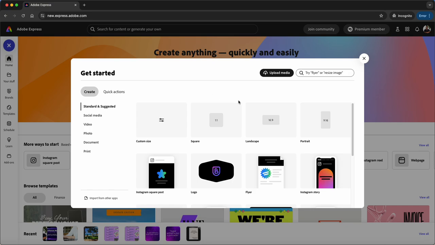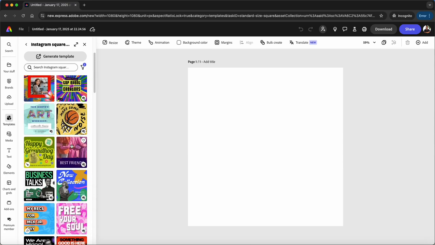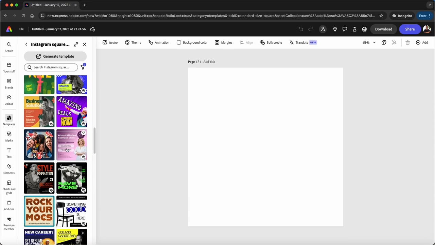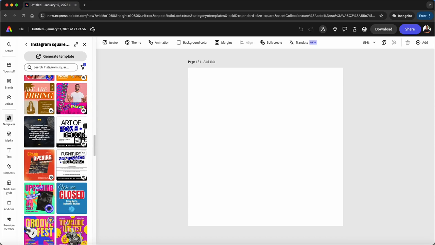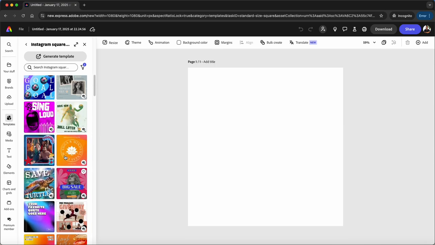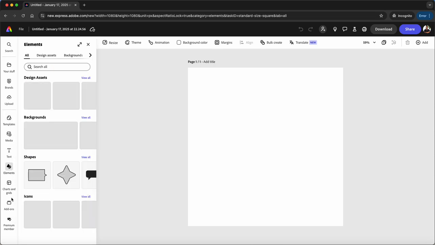If you wanted it to be longer, maybe you would select landscape, but you really don't need to do that. Just go with the square. So as you can see, it pulls up different examples, but what we want, I'm really into tropical. So I'm gonna look for something, and I could just start with my own design by selecting elements,